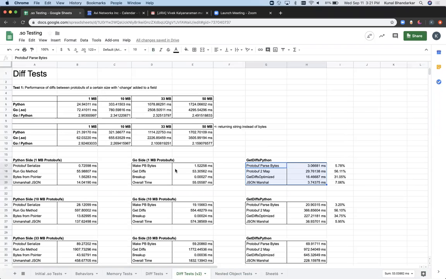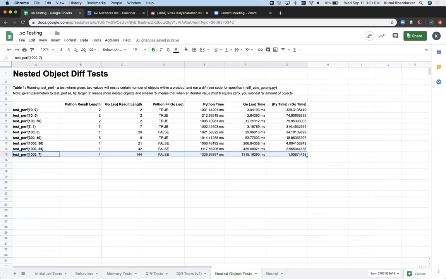But in that, we're getting Go running at about 2.1 times slower. Once we get the protocol to map time down to 0, it'll basically be just as fast, if not faster. But these tests are different. It's basically where you're having a bunch of nested objects. That's where Go's logic is much faster. That's why we're getting a faster time on Go. The second one is actually testing the diffing logic, in that there are actually a lot of diffs that it needs to compute. There, Go's algorithm is much more efficient,